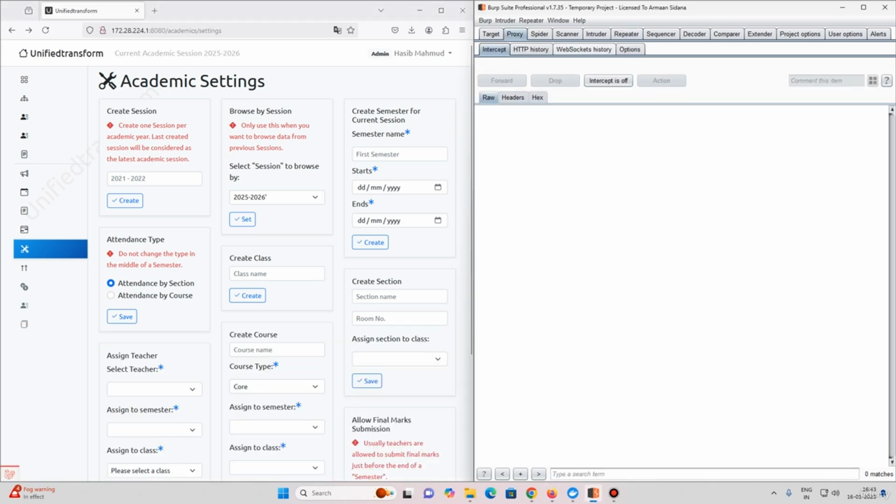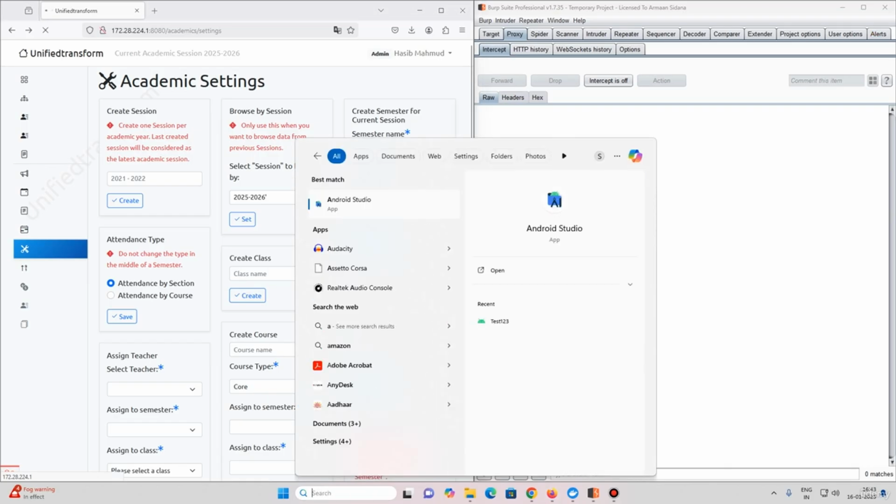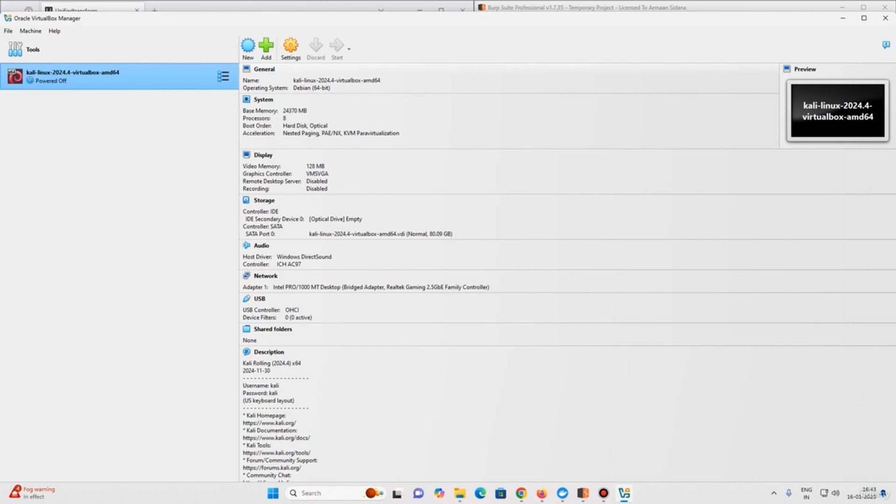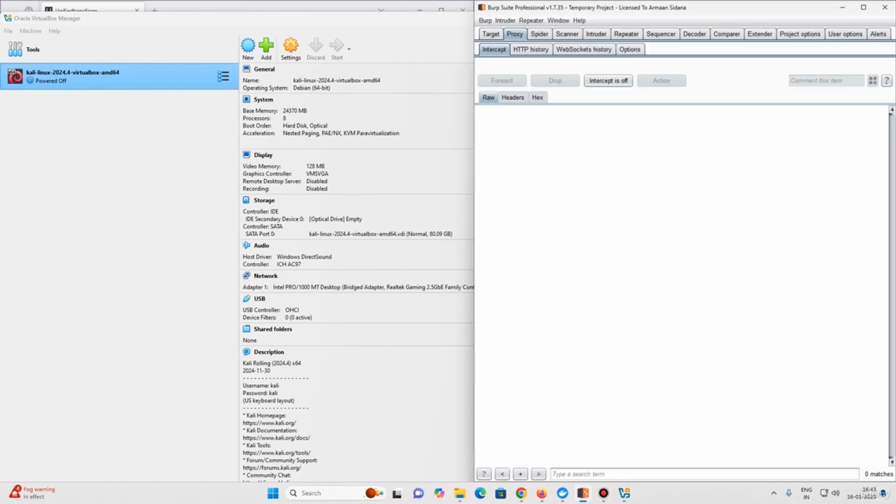This could be a potential attack vector for SQL injection. So if I do like this, I open my VirtualBox, I run this, and